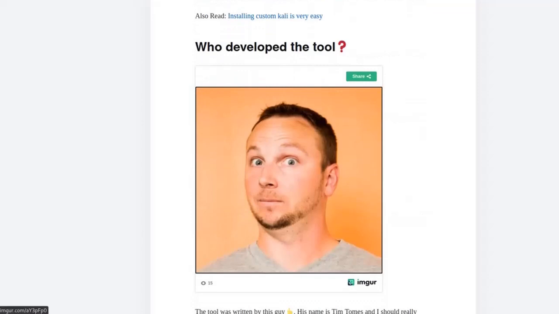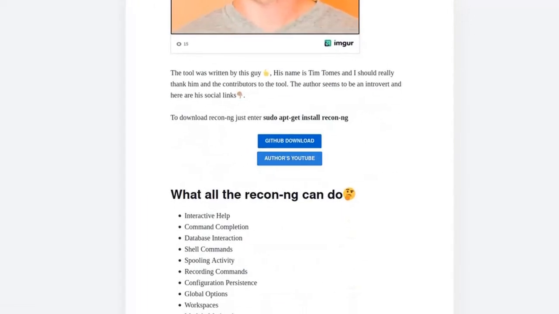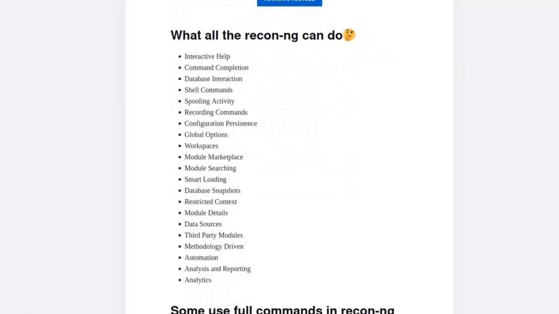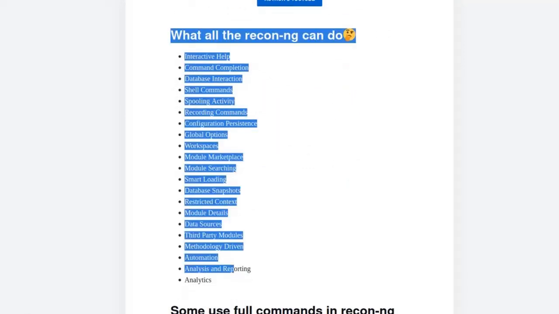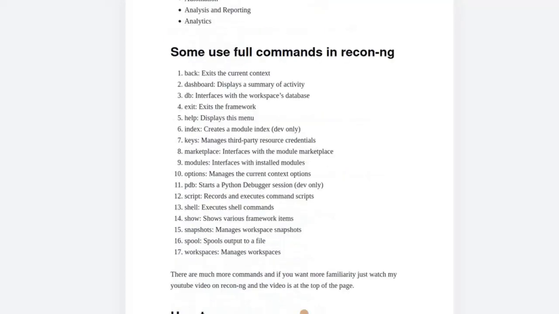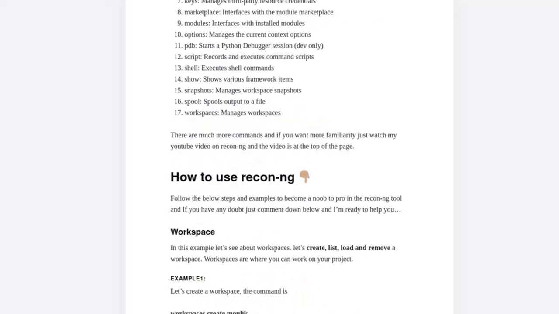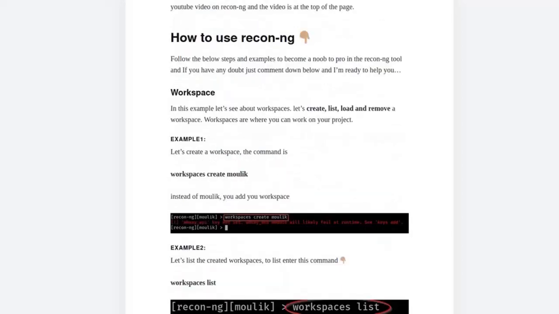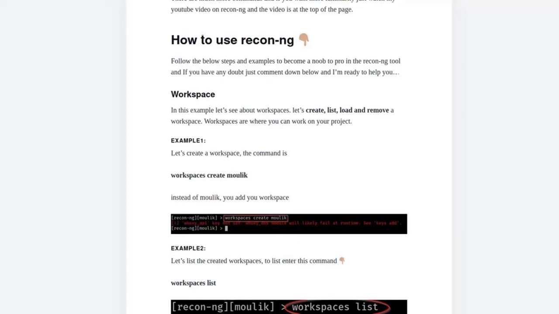And I have given who developed the tool, the GitHub download link, the author's YouTube, the features in Recon-ng, which we are going to see, and also the commands in Recon-ng. By the end of this video you will be familiar with all of these commands. If you want, you could read the blog post, where I have given a detailed write-up about Recon-ng. So let me close the web browser